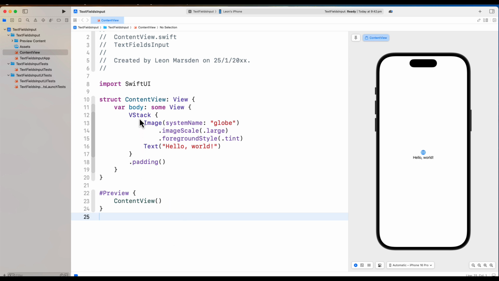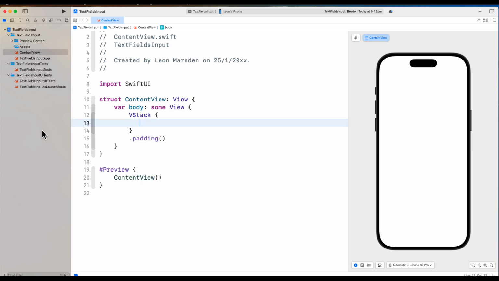Well, we're starting with the VStack, and as you can see, there are two elements in here, the image and the text. First thing we're going to do is remove those two elements. To get information from a user, we need to declare a text field. So first of all, we're going to click in here and go text field,